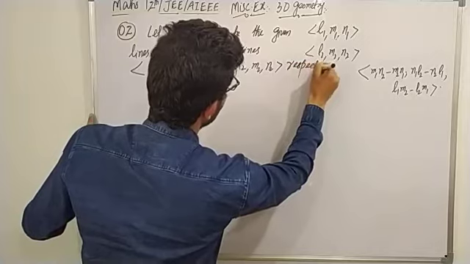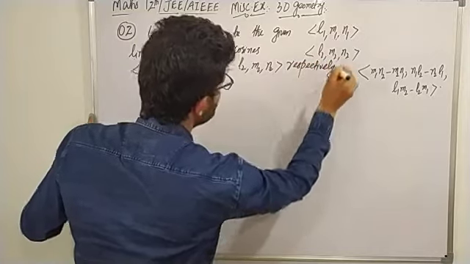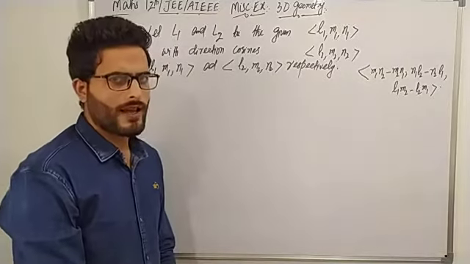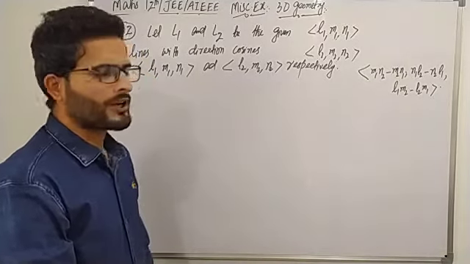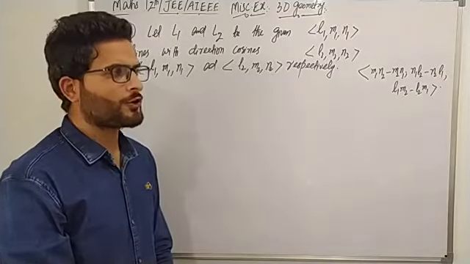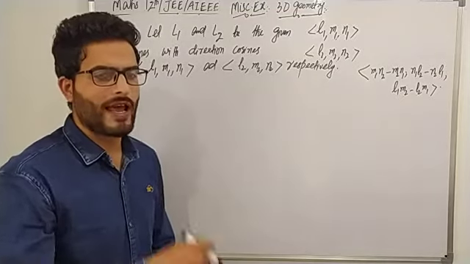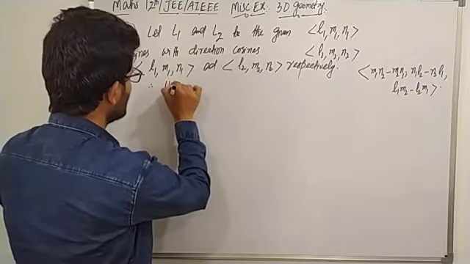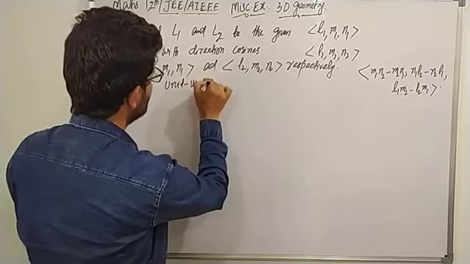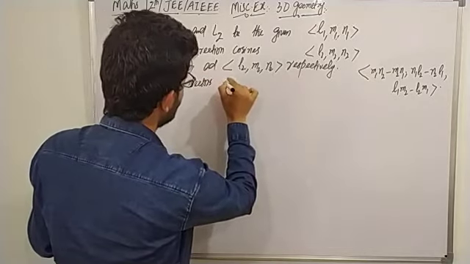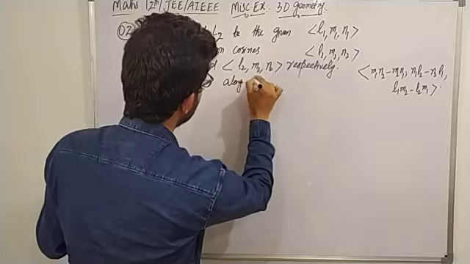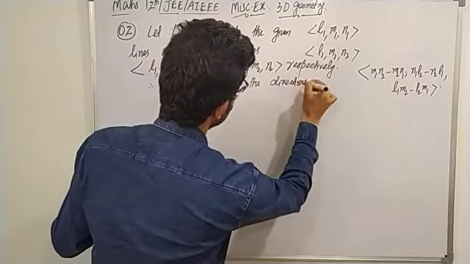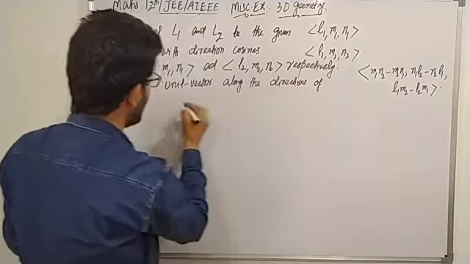उन लाइन्स को हमने डिनोट किया है कैपिटल L1, कैपिटल L2 से, जिनके डायरेक्शन कोसाइनस दे रखे हैं ordered 3 tuple of L1, M1, N1 and ordered 3 tuple of L2, M2, N2. Therefore, unit vectors which are parallel or which are along the two lines, unit vectors along the directions of L1 and L2 are